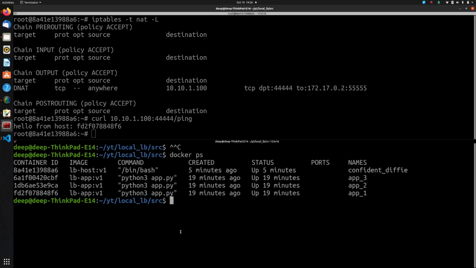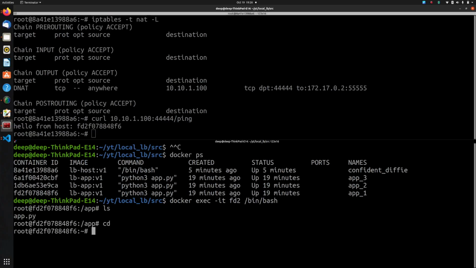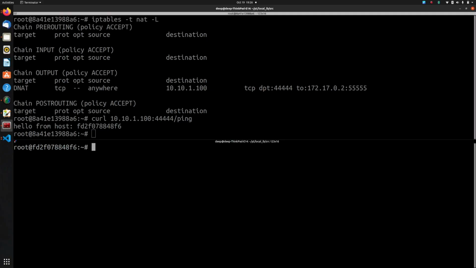And we can actually do one more thing. We can go to our docker exec -it fd2 /bin/bash, right? We can do this, and let me quickly install tcpdump.